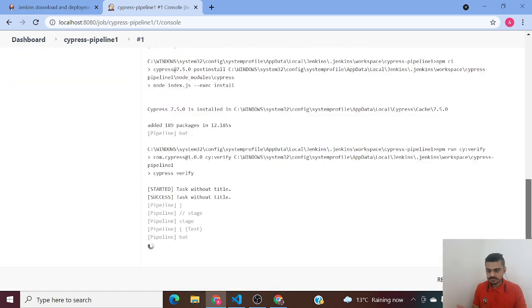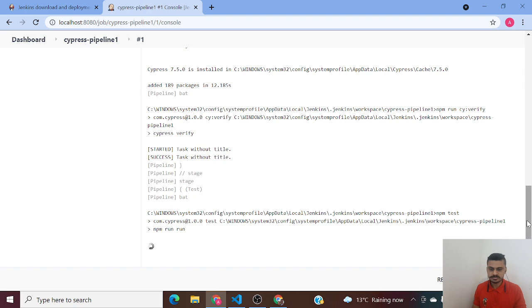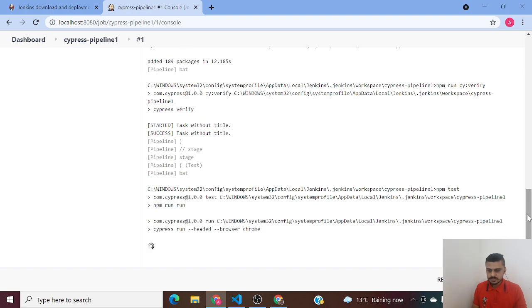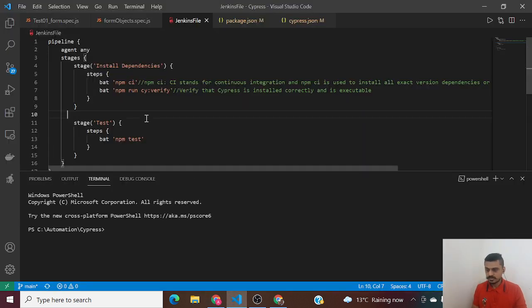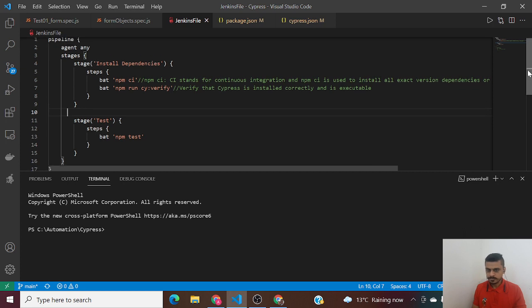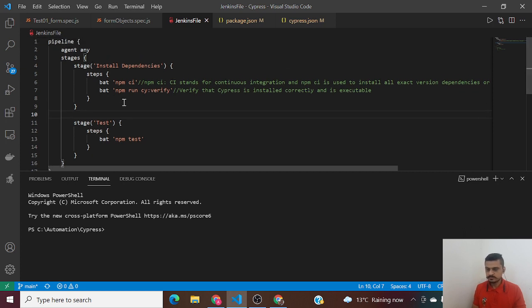After downloading all the necessary dependencies, it will start executing its test cases. So this one would execute. But meanwhile, since our pipeline is ready now, let me also show you how we integrate Mocha Reporter. And one important point, guys: if you are on Windows, you have to use BAT. You cannot use SH and all that. So just be careful about this. Since we are on Windows, we are using BAT.